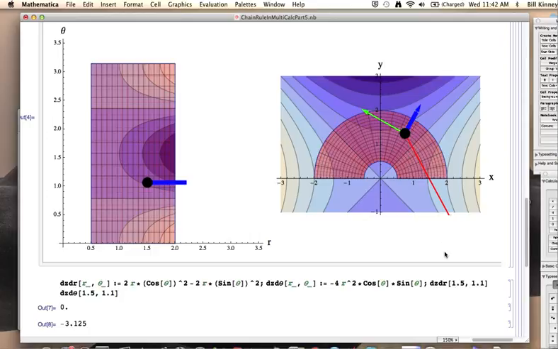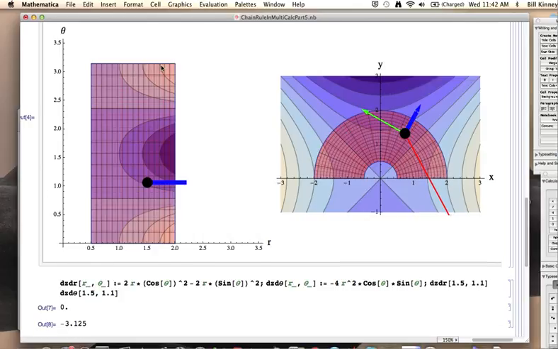The red's pretty long here, perhaps around 4 or so in length, and the blue is length 1, and the angle is perhaps 120 degrees or something. So length of the red, let's just say it's 4 times 1 times the cosine of 120 degrees or so, should be in the ballpark of -3 perhaps. And then with the